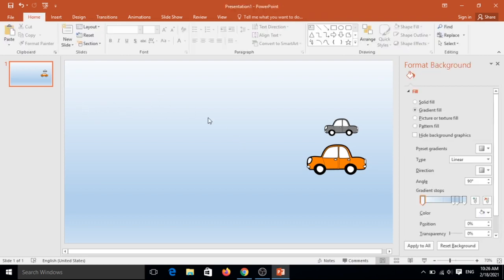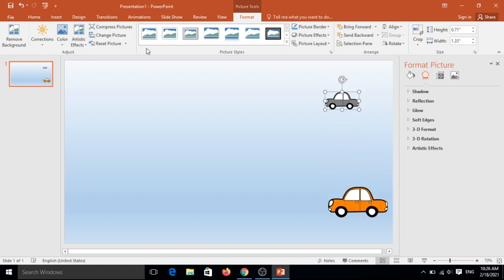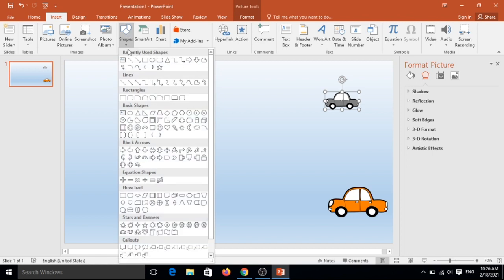If you want to change the background, that also depends on you, or you can make a road too. Click on Insert, and there are given shapes. Then choose a pattern for the shape. Suppose you take this parallelogram shape. Many types are given; it depends on you which shape to take. Suppose I have taken this